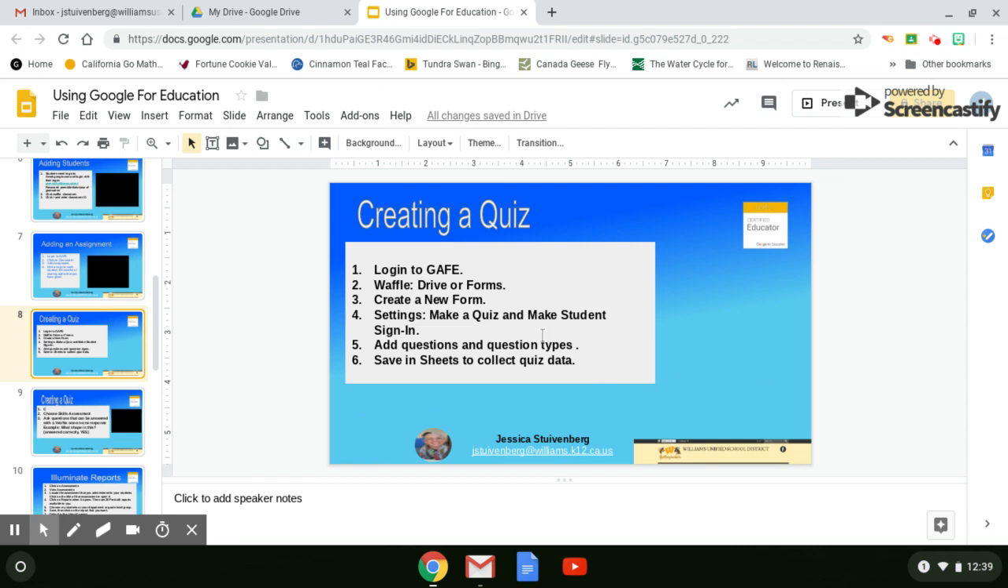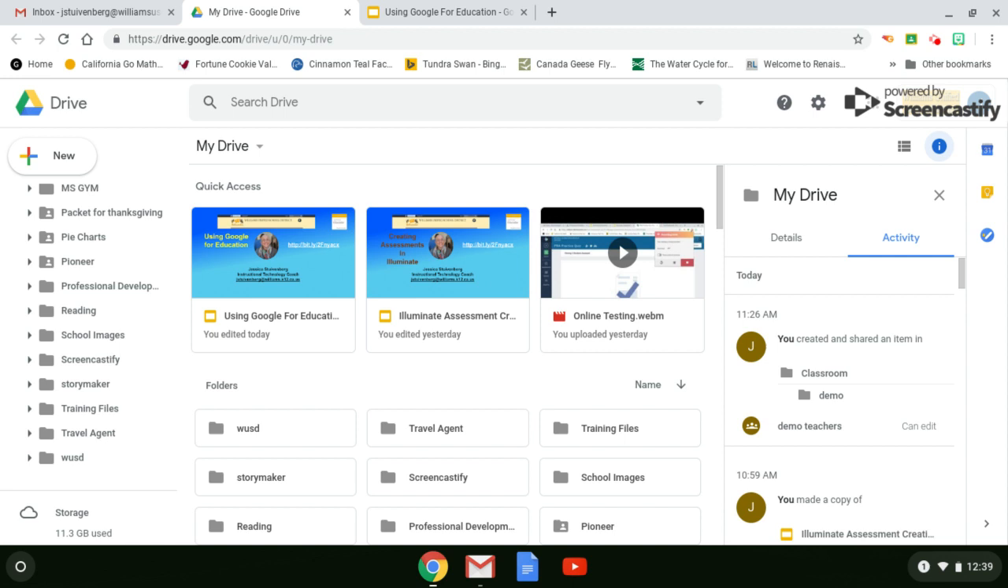Now we're going to create a quiz. You'll notice that sometimes you have too many tabs open. I just closed like 10 tabs up there. As you're working in G Suite, you might get too many tabs open and have to close some to speed